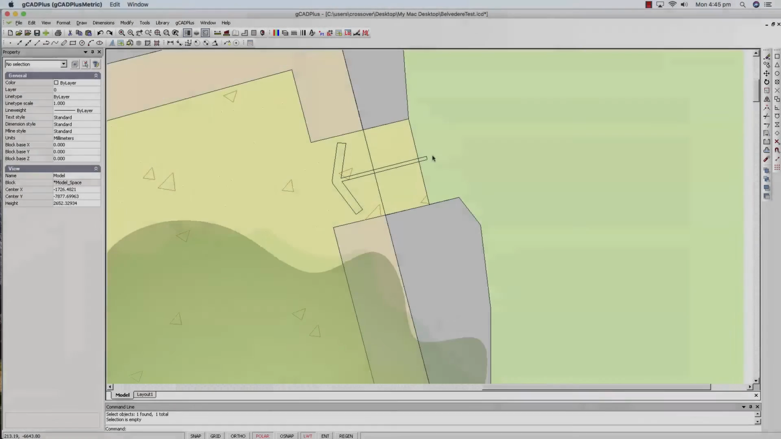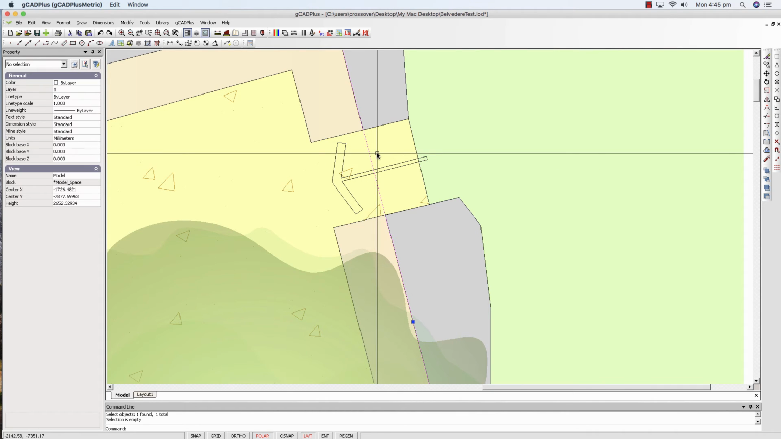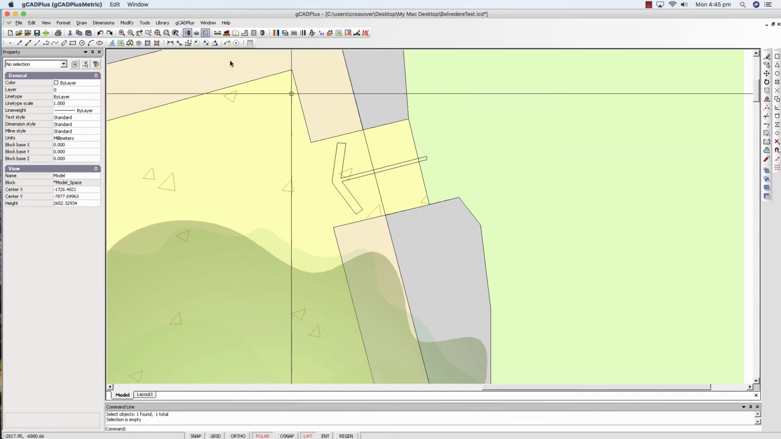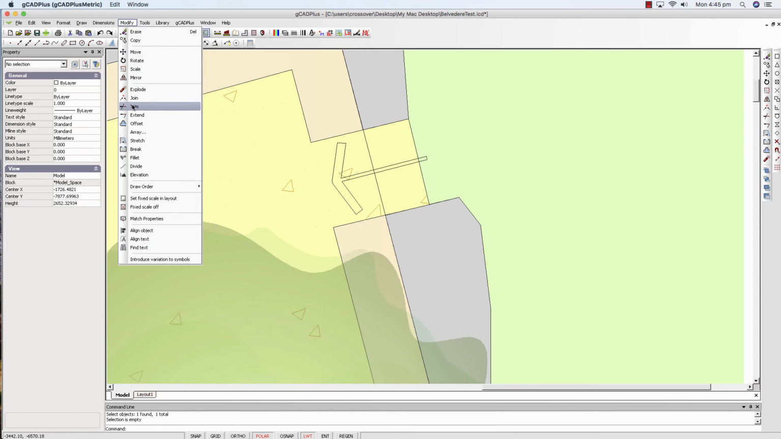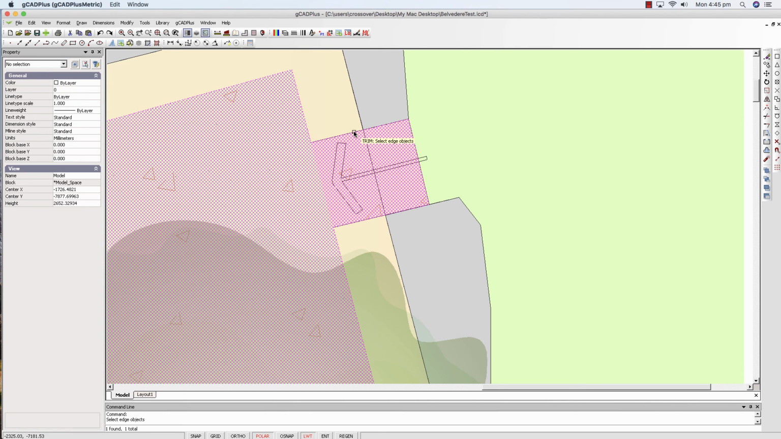We'll notice this particular line running through here, which rather spoils things. We'd like to trim it off, and let's go to modify and trim. You would normally want to pick a cutting edge like so. Maybe that particular edge will work, and then pick the other one and then right click to pick the object to trim, and